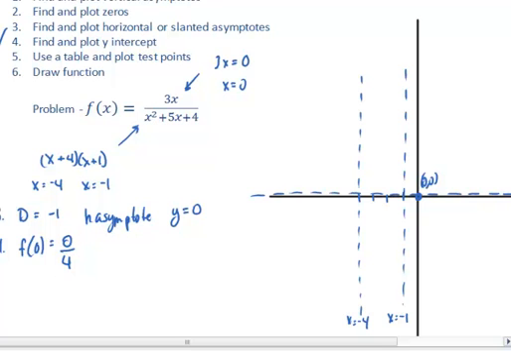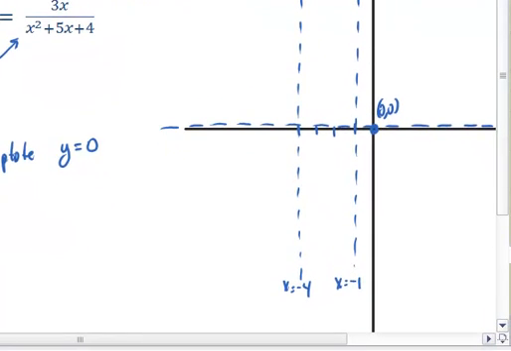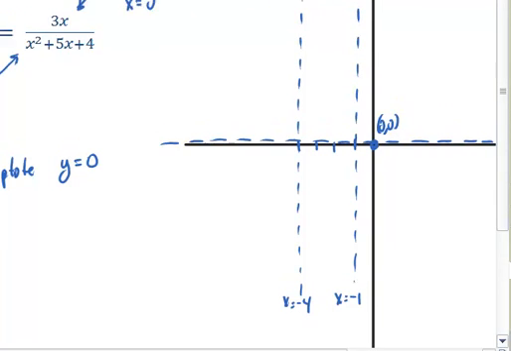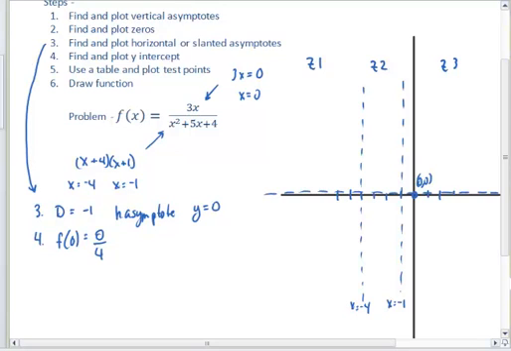So now we need to draw the function, but it would be really helpful if we had a few more test points, because right now we only have one point. We have 3 zones: zone 1, zone 2, and zone 3, that we need to figure out what the function is doing. So we need a few points to check. What you should do is figure out in each zone a couple of points to give you an idea of what's going on. So for example,